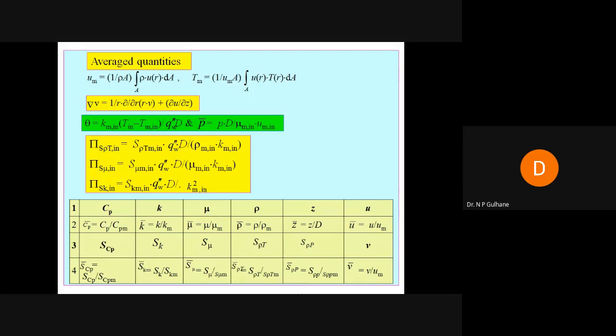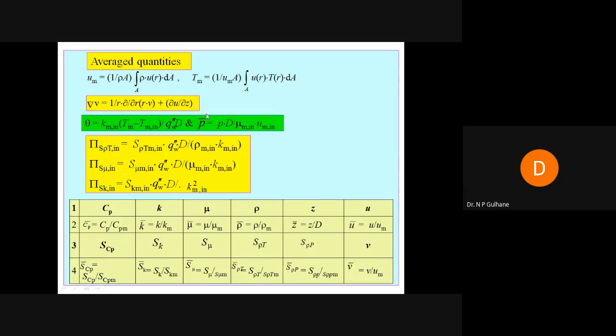And here one more thing is written, the average value. What average value do we consider? That is the mean velocity. It is taken as the integral over the surface of rho into u profile over the surface area dA. Similarly, we have to take the temperature profile as this. So the velocity profile and temperature profile, we have to incorporate in our coding. So we have to write a code, and sometimes you have to write a UDF, user defined function. So you have to keep this in the user defined function, right?